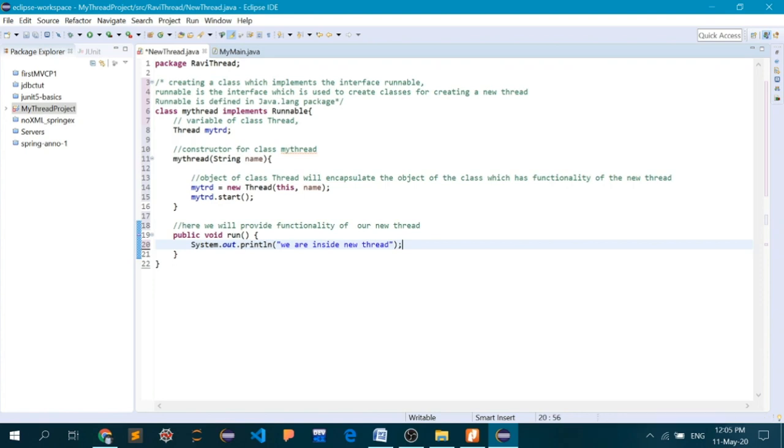Now an important concept that I am going to try to convey here is that when you try to implement a thread, you must keep in mind that thread actually throws some exceptions. The thread methods which are defined inside this class actually throw some